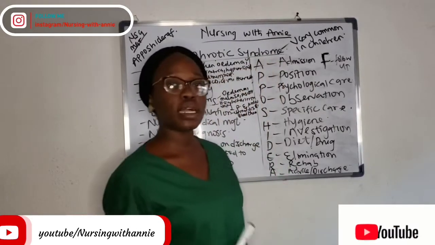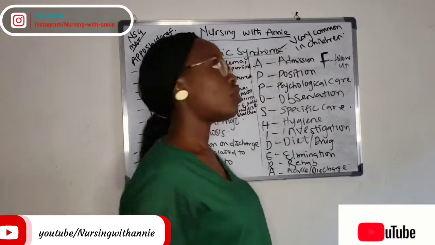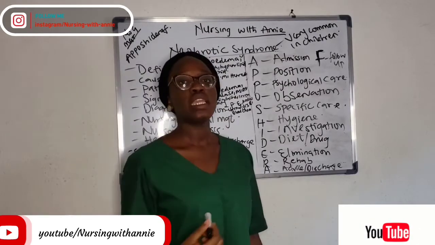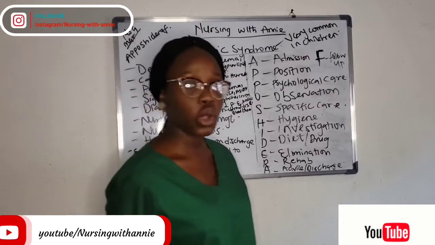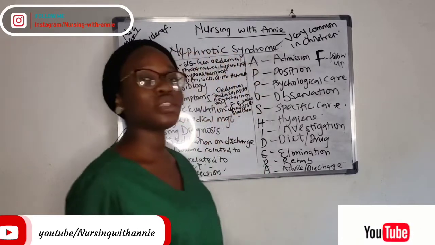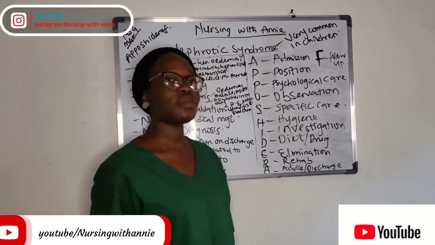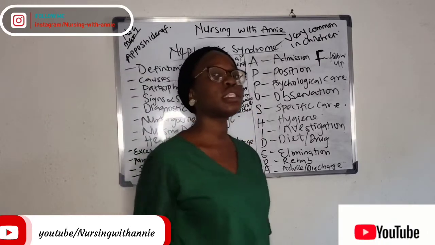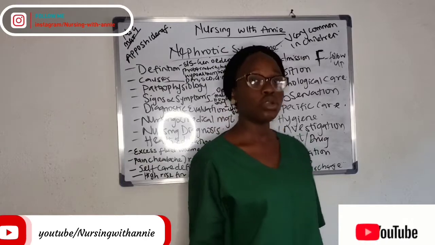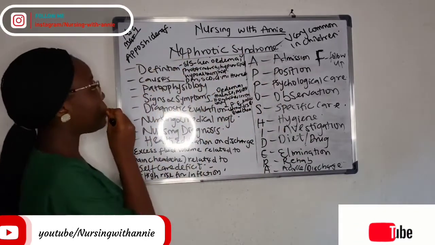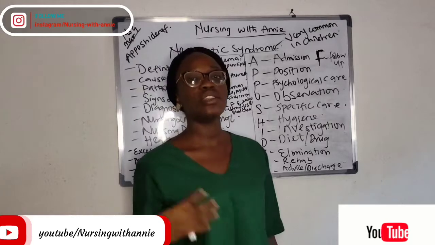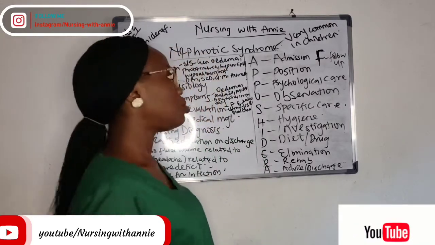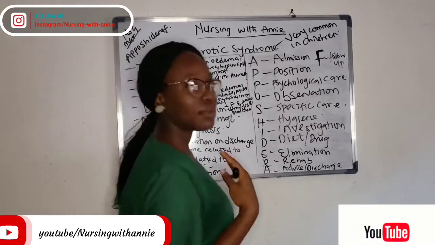So nephrotic syndrome cannot really be prevented, but one thing or the other can be put in place to prevent it from occurring either again or recurring at all. The number one thing is treating underlying kidney disease. For example, like in the previous, when I was talking about the causes, I said one of the causes is acute glomerular nephritis untreated. So it is very important that any underlying kidney disease should be treated. And also maintaining hygiene should also be in place. Maintain hygiene